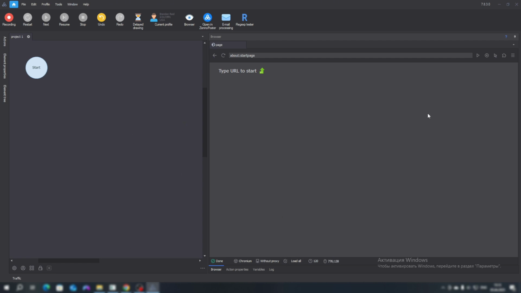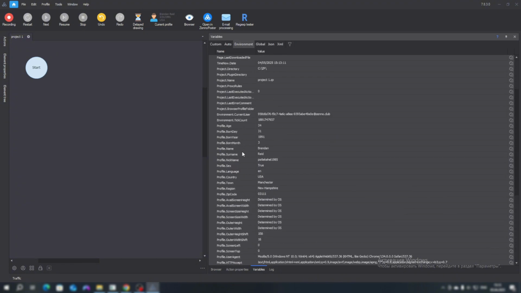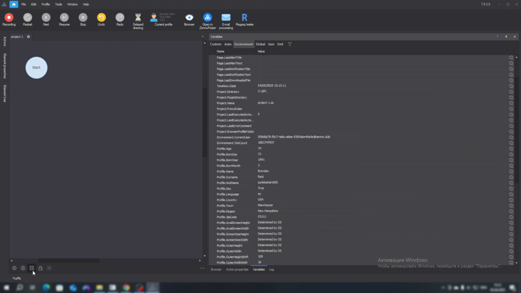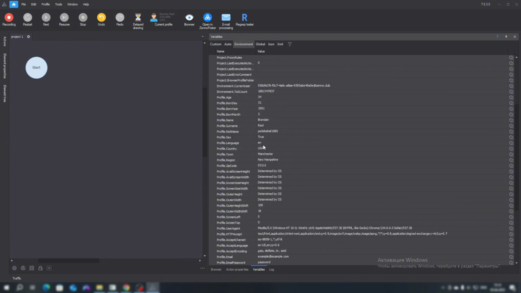Next, let's deal with variables. What are they and what do they store? For this, go to the Variables tab in the Environment section. Here are all the variables of our profile. The settings we specified will determine them. Meaning, here we have the country, USA, which corresponds to our nationality. And we also have a name, surname, year of birth, age, city of residence, and postal code formed. Upon the next script restart, these values will be updated, but the variable names will remain unchanged.